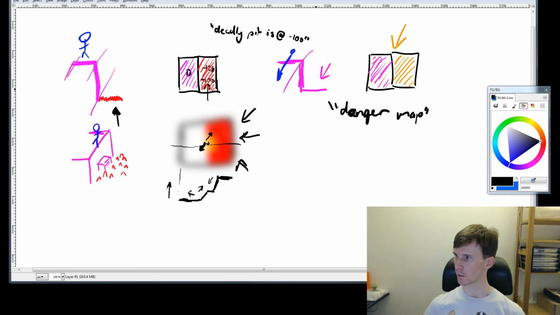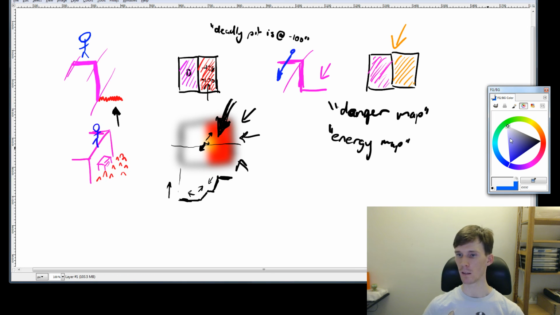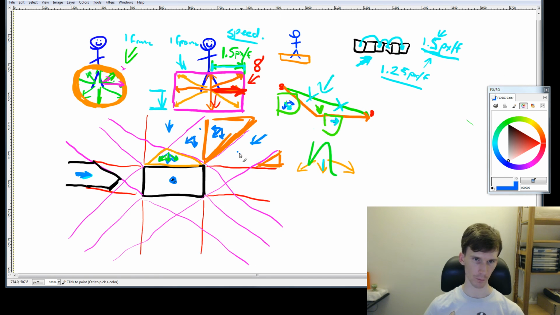I think that's everything. We build an energy map and we avoid deadly pits. So a danger map was basically like an energy map. These areas have high energy, and we try to reduce the amount of energy in our current location. Oh yes, what I was going to say was, you will recall in the episode, I brought the thing back up. So in this episode, some of these places,